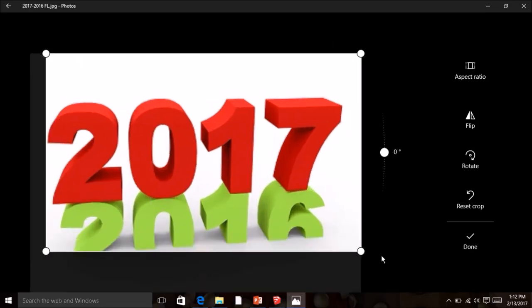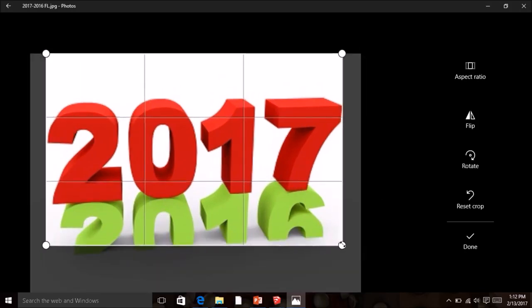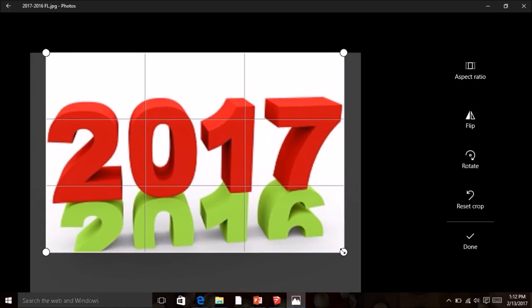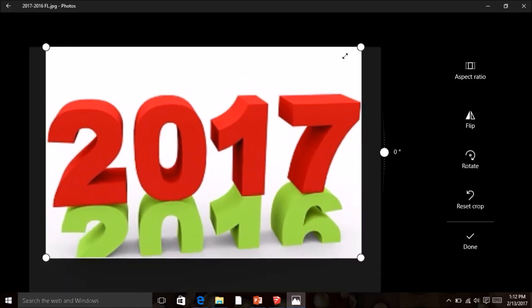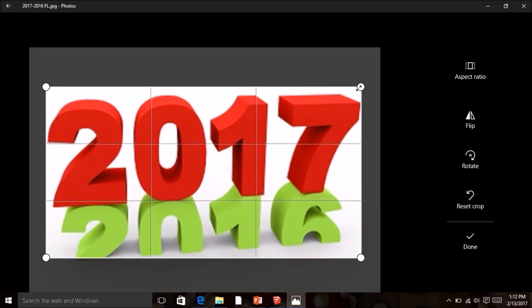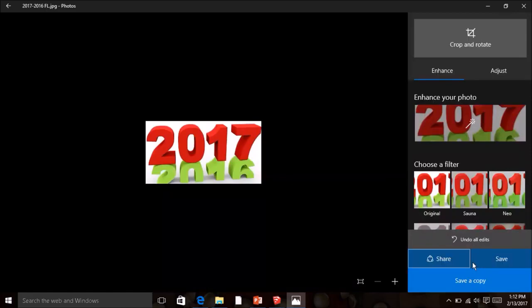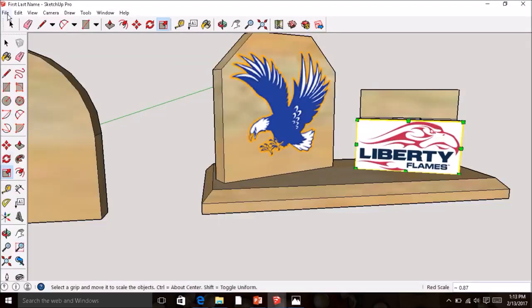All right, then I could do the same thing over here, coming over to the 7. Then I could also do the same thing coming down to the top, and I could crop that picture. When I'm done, I just have to hit save. I then could go File, Import, now that I have my edited